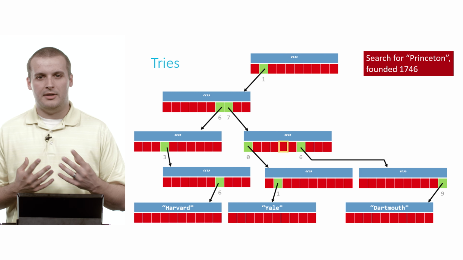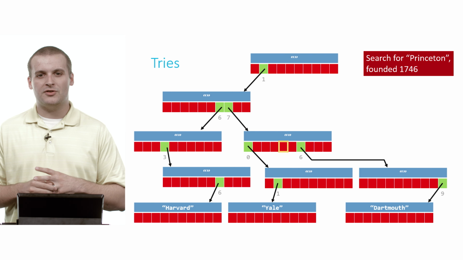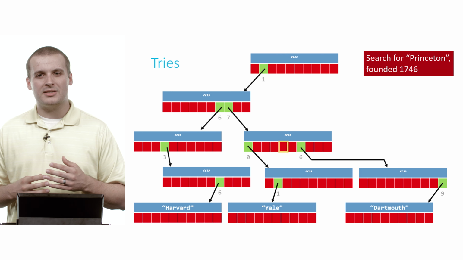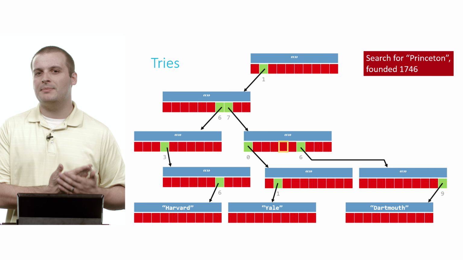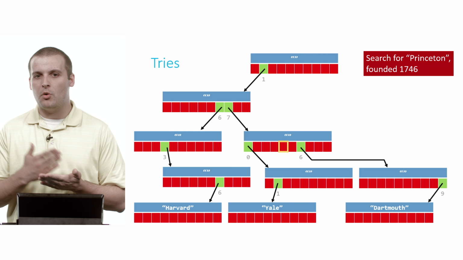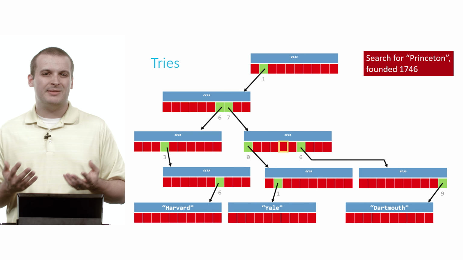So what does this all mean, right? There's a lot going on here. There's pointers all over the place, and as you can see just from the diagram, there's a lot of nodes that are kind of flying around. But notice, every time we wanted to check whether something was in the trie, we only had to make 4 moves. Every time we want to insert something into the trie, we have to make 4 moves, possibly mallocing some stuff